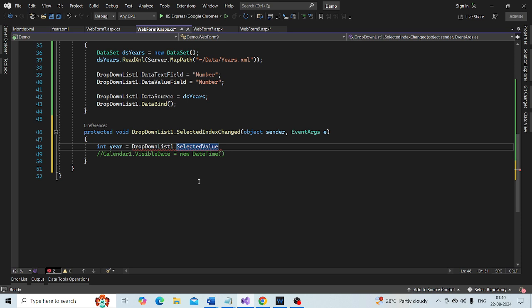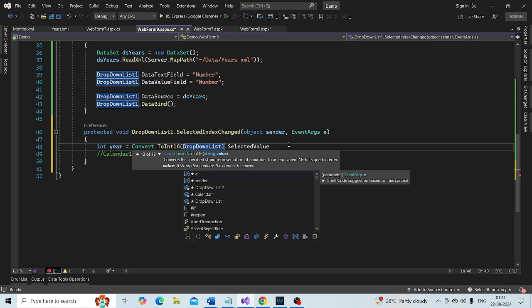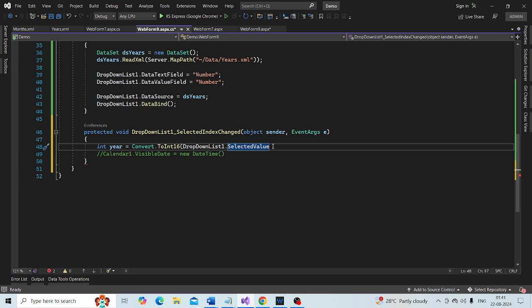We need the value, and then we want to convert that to an integer. Convert.ToInt16, that's it.